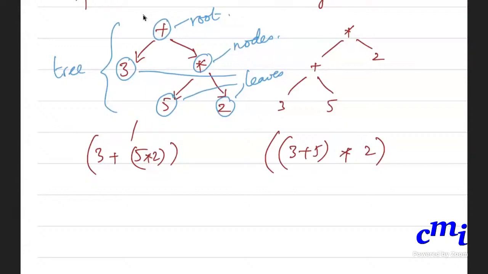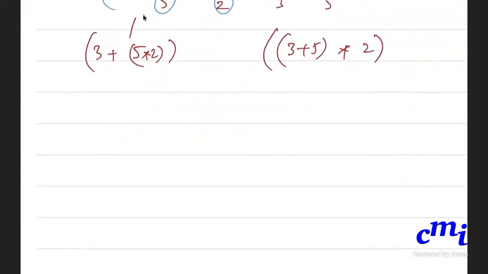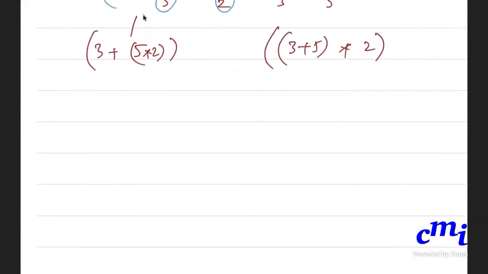So now, how do you represent trees in Haskell? Yes, Samitinjay, do you have a question? Sir, the nodes always contain operations, right? In this case, yes. In general, you can have multiple. Trees are a very general representation, just like a stack or a list. You can use a tree to represent anything. In this instance, we are using trees to represent arithmetic expressions. In our example, the nodes contain arithmetic operators. Is it clear?